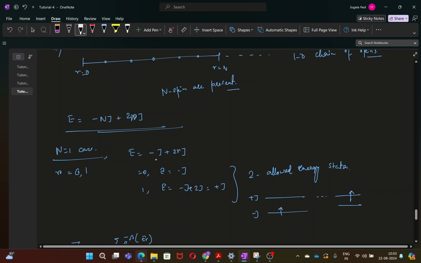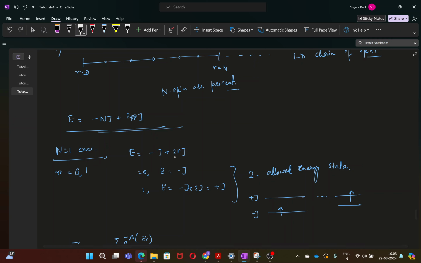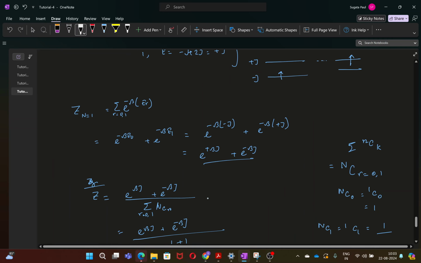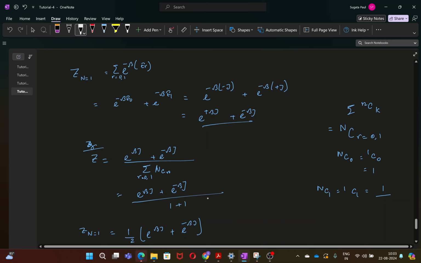If we put in the energy formula n equal to 1 and R equal to 0, you get minus j as the energy. Similarly, if you plug in n equal to 1 and R equal to 1, you get plus j as the energy. So there are two allowed energy levels, and the corresponding partition function, if you need to calculate,